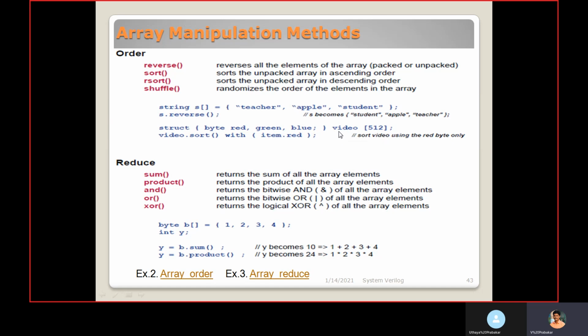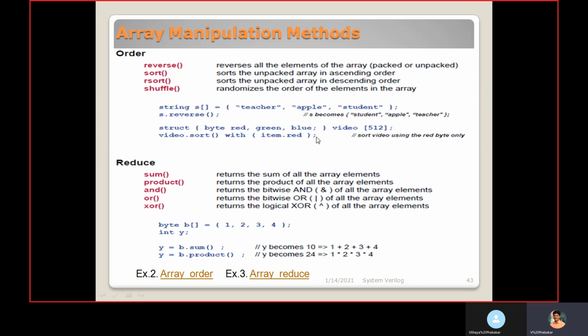You can assign values for red, green, byte, like video of 1 dot red equal to some value, then video of 2 dot red equal to some value, like that. You can assign values for these